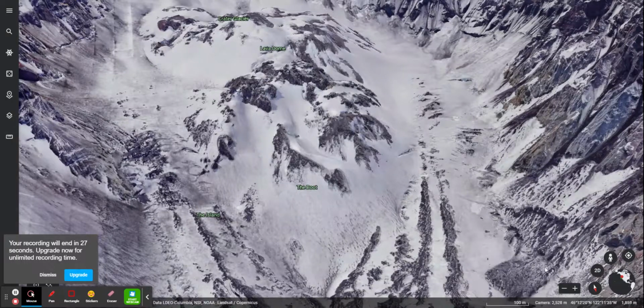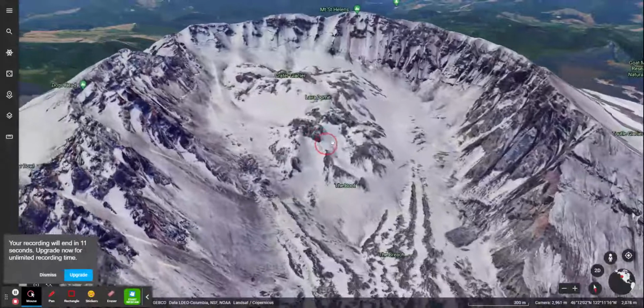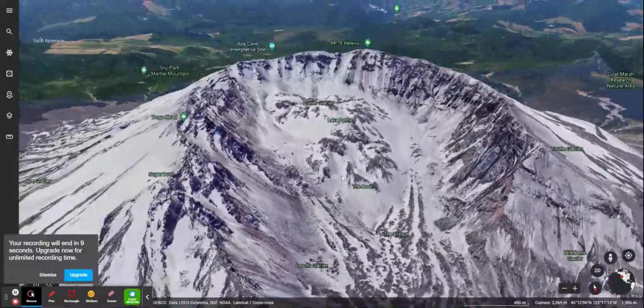In the bottom right-hand corner, it shows you what elevation your mouse is located at. It shows you the GPS coordinates, how high the camera is, and it also shows you a scaled measurement at the bottom. All these are different tools and functions that you're going to be using within Google Earth